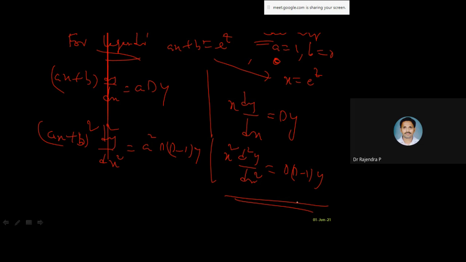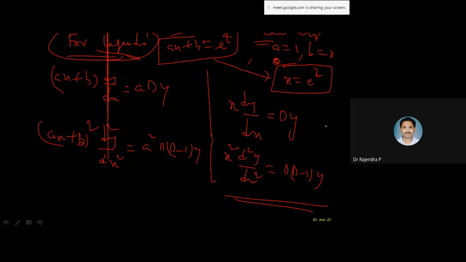In place of a, I am taking 1. Of course, b becomes 0. Need not think about that at all. So now onwards, your problem will be a little bit easier compared to Legendre's differential equation. In Legendre's differential equation, I have to take ax plus b is equal to e power z as a substitution. In Cauchy's equation, simply I can take x is equal to e power z, then I will get x dy by dx is equal to Dy, x square d square y by dx square is equal to D into (D minus 1) into y. It goes on like that.